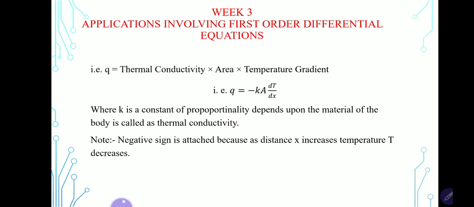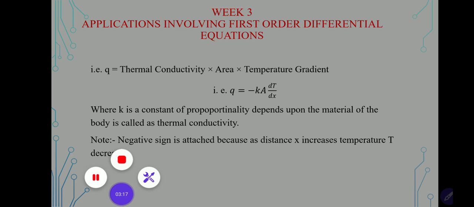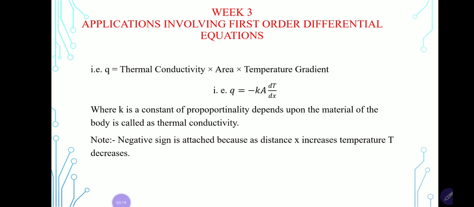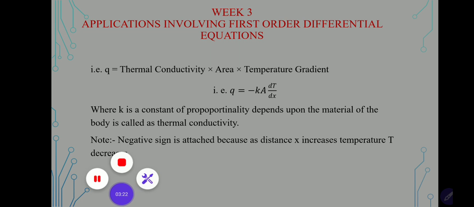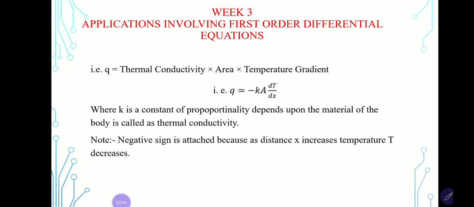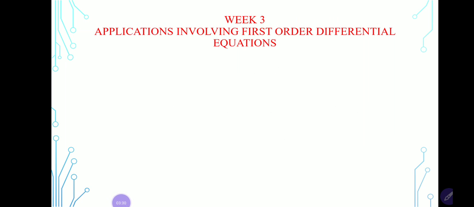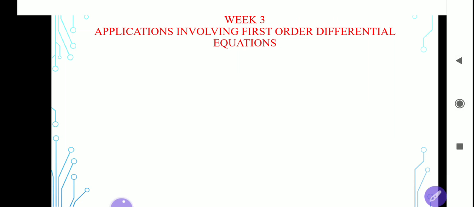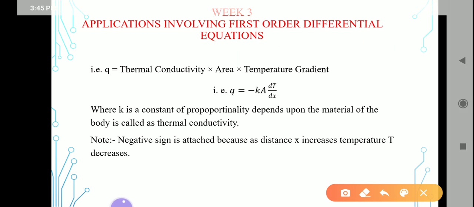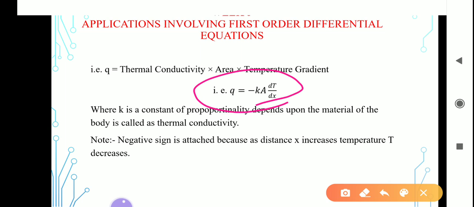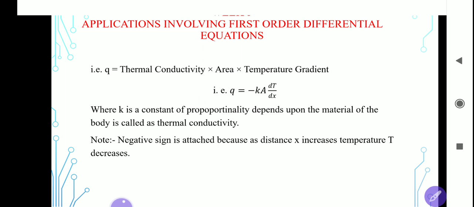For solving problems we have to use Fourier law of heat conduction, that is, Q is equal to minus KA into dT by dx. Okay, now in the next slide